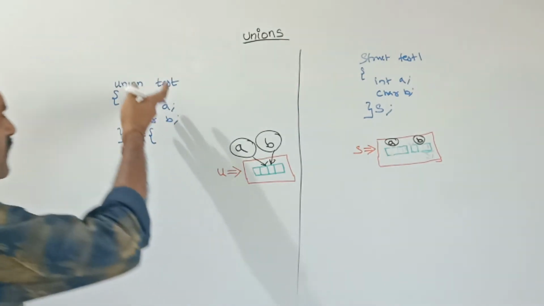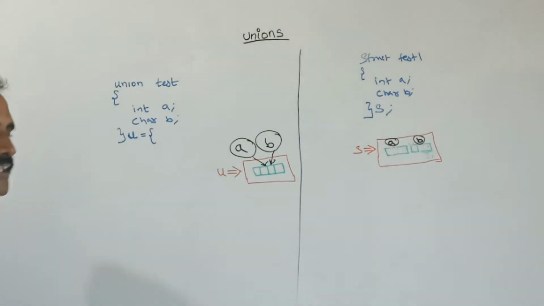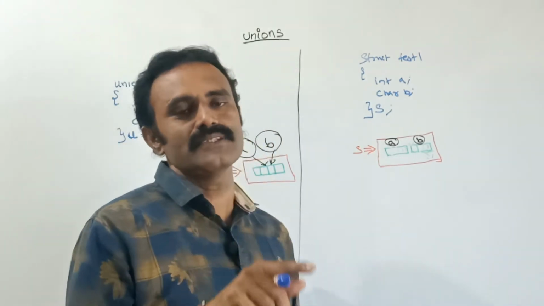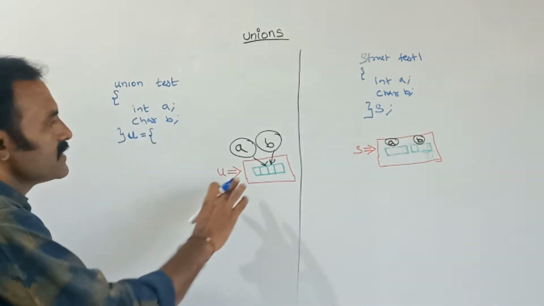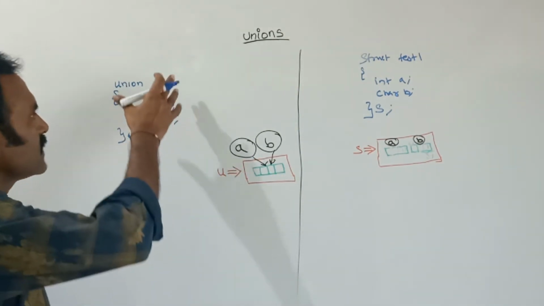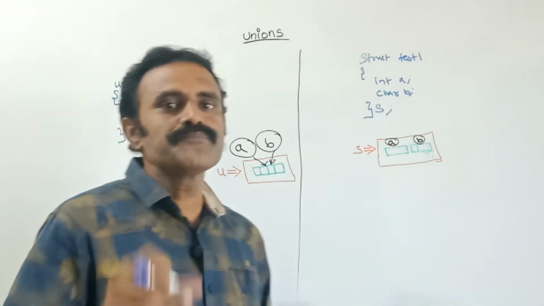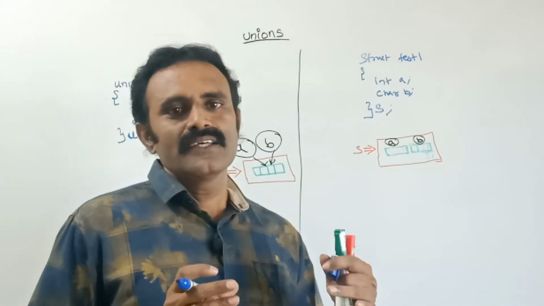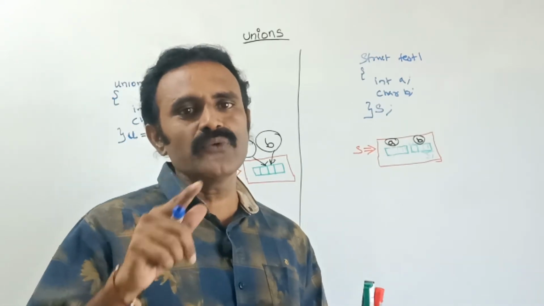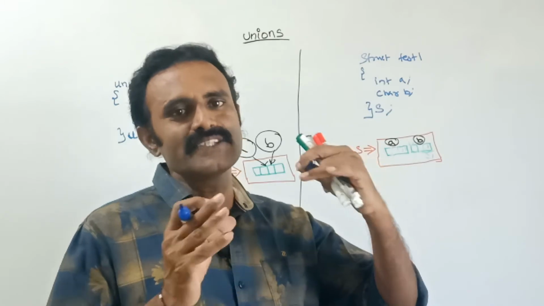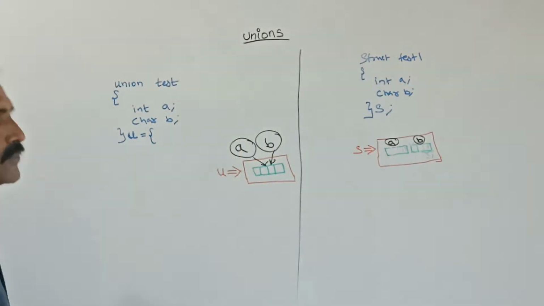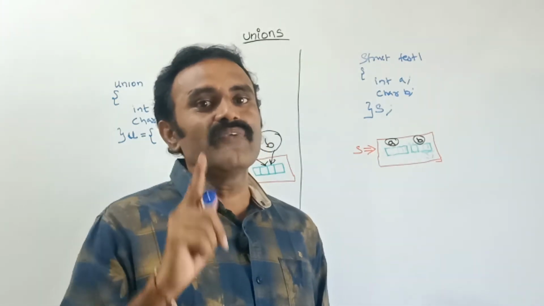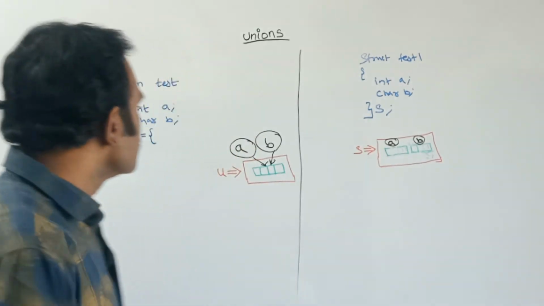Not only two; suppose we are creating some 5 or 10 union members, for that also, among the 10 members, we can store the value for any one member only. Because here in the union, this is the common memory space. This union is mainly used for giving an optional value. Suppose among the list we need to store any one value, in that situation we can use the union. It is the optional value. It holds only one value at a time. So this is the main difference.